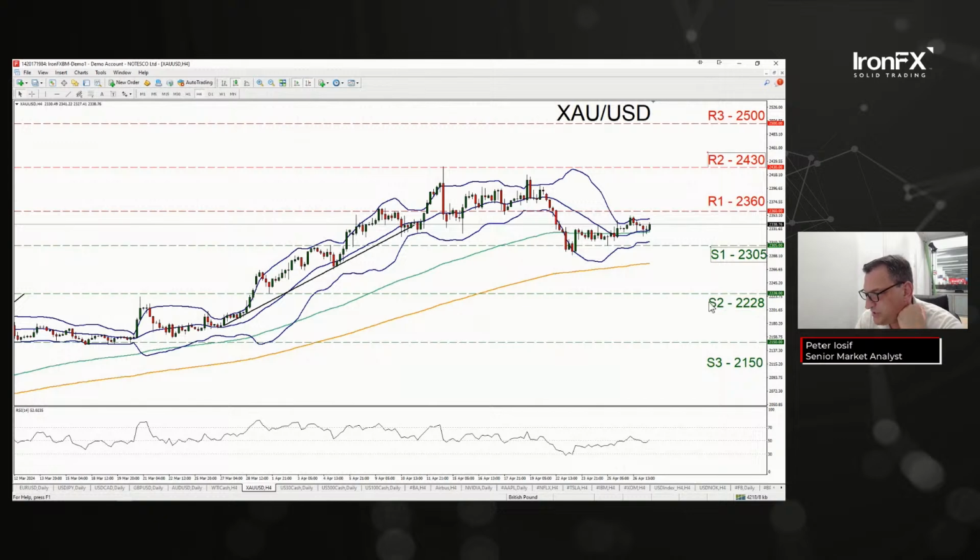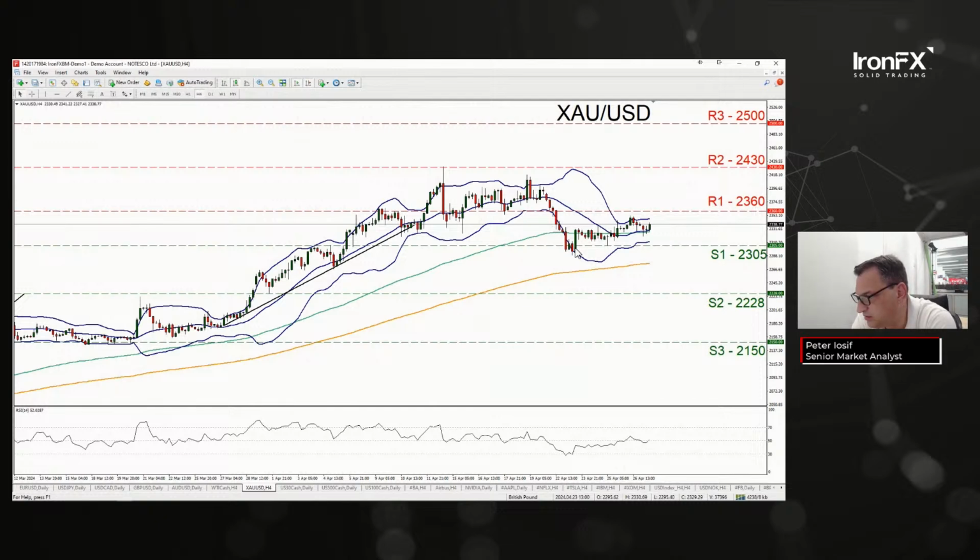Now, any breach of the boundaries of the current sideways motion, i.e. either breach of the S1 or breach of the R1, could be signaling a change of trend. And in this case, should the R1 be breached, we set as the next possible target for the bulls the R2 2430, which would be practically a new record high. Any breach above the R2 is a record high. While should the bears take over, I would expect the price action to breach the S1 and start aiming for the S2